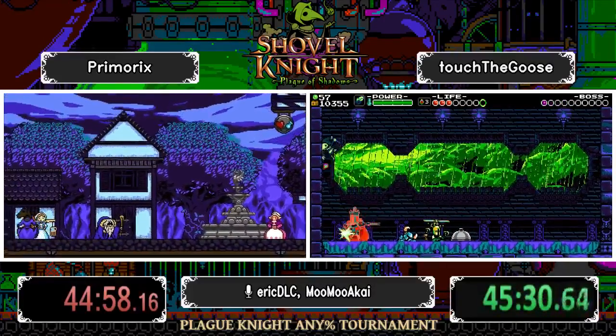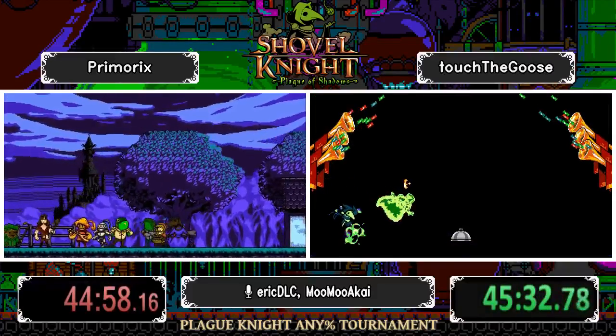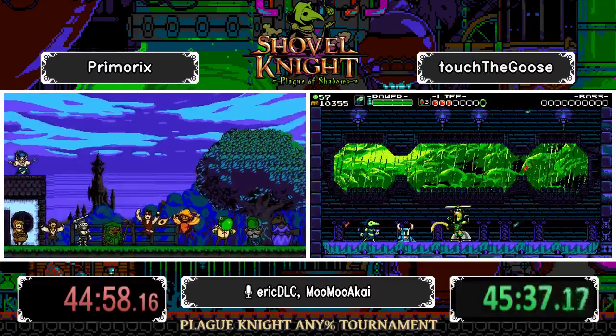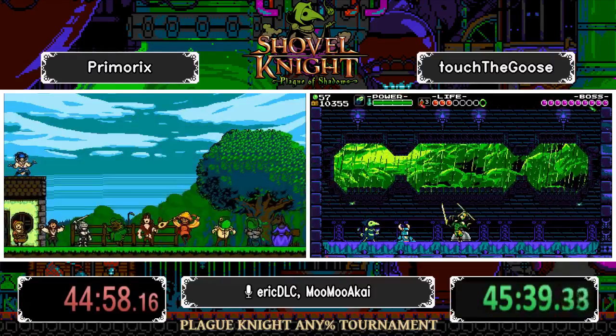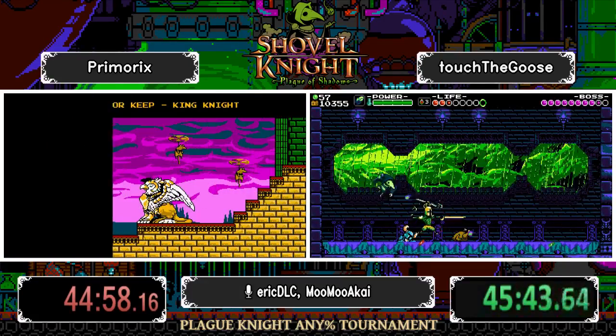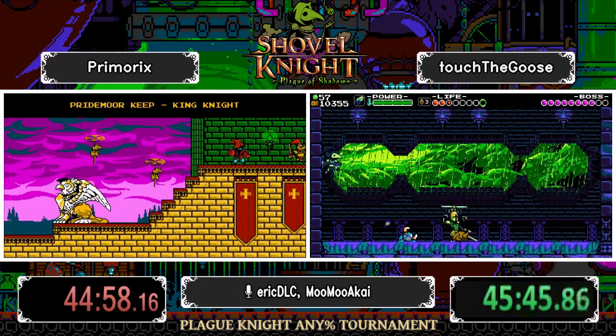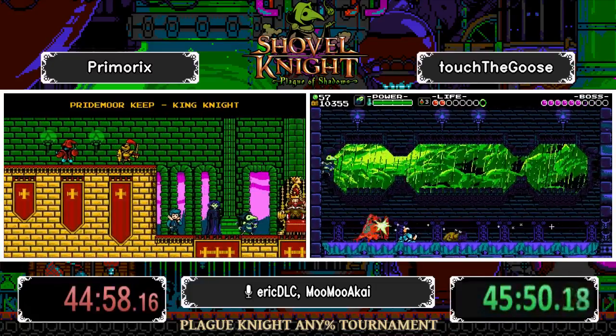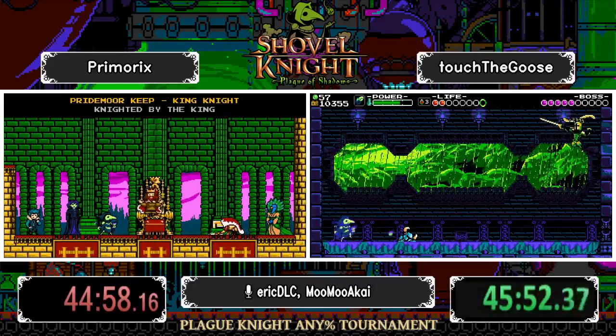Actually, if Goose doesn't die anymore, he's on PB pace. Oh, nice. I believe his PB is at 54:02. The unfortunate thing about getting King Fetty is that King Fetty will make its way into the next fight, which actually screwed him up from the Propeller Knight stunlock here. And I really hope that he...